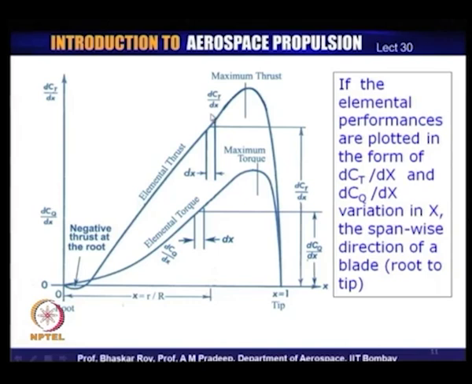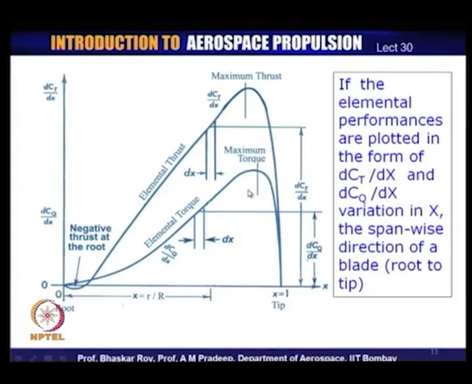And if we can show that there is a gradient of thrust coefficient and torque coefficient which can be found, and if they are plotted again from root to tip, we would get a characteristic curve like this for any particular propeller. So, the elemental thrust variation would look like this, and you would probably get a maximum thrust somewhere over here, and the elemental torque characteristics would look something like this, and you would get a maximum torque somewhere